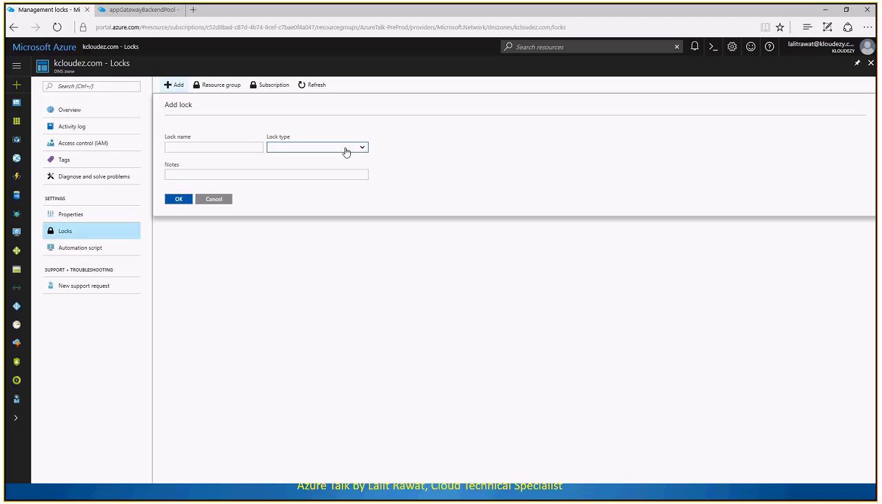But you can modify it, but you cannot change the service administrator. Service administrator or subscription transfer would be done with a Microsoft support ticket only, because they will be doing